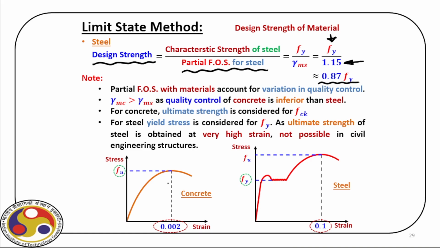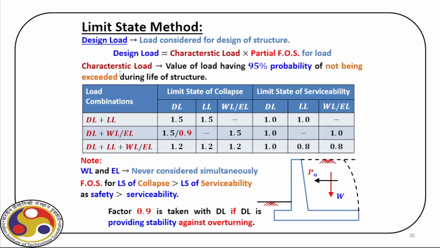Okay, now if we again recall the stress strain behavior of concrete, we get this 0.2%, and in case of mild steel, we have this type of behavior, but we will not use this, we will use a different steel, and for that we have already studied the nature of the stress strain curve. We'll go through that as we progress in this week's lecture. Before we go into those details, let us quickly also review the design loads.